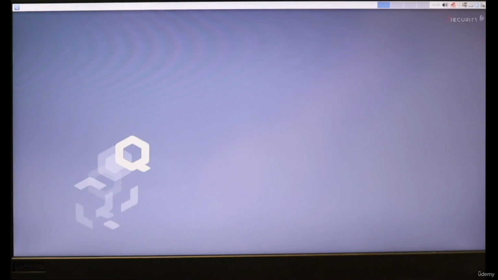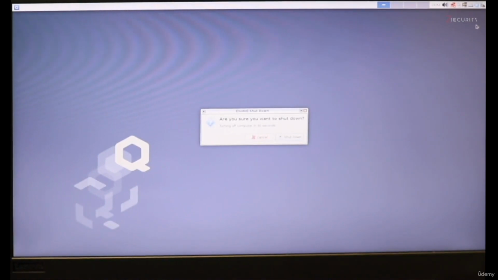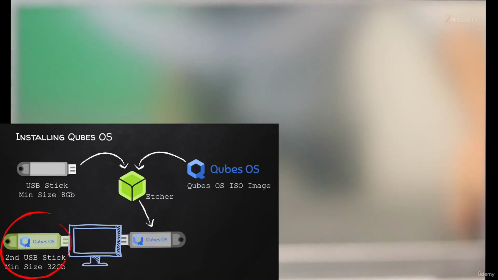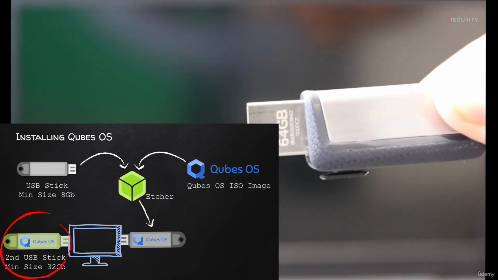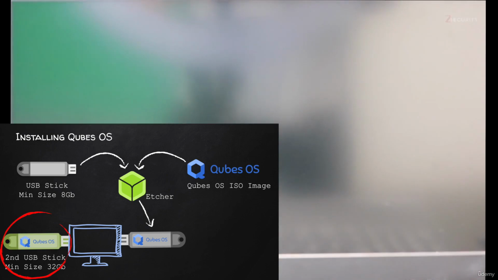Now to turn it off, we're going to go to the top right. Click on Shutdown, and click on Shutdown again. Now just to show you, if I disconnect my second USB stick, this one right there, this is the one that we installed Qubes to. So if I disconnect it and start my computer,